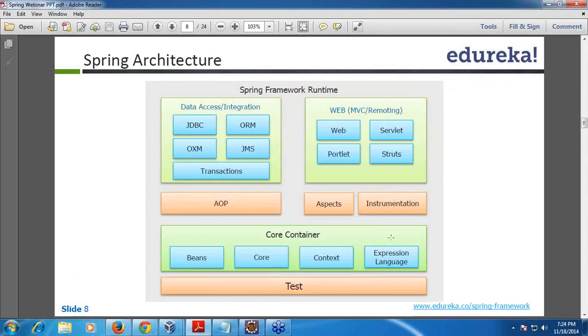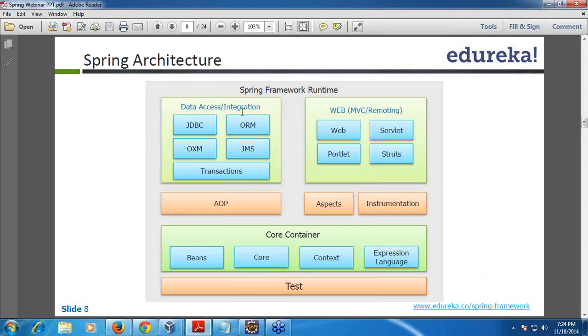So architecture wise, if you see Spring, as I said, it provides a lot of integration with other APIs, frameworks, and tools. Other than that, Spring also has a lot of features like AOP and dependency injection. If we go in deep, it may take a lot of time, so I will just brief maybe about each of them.